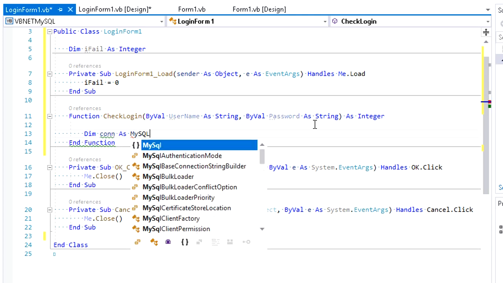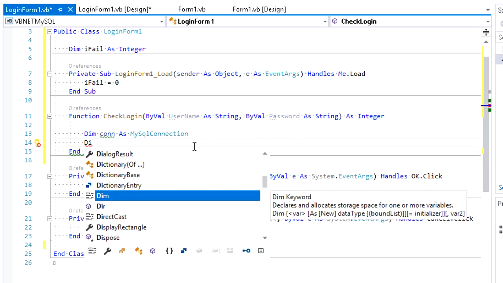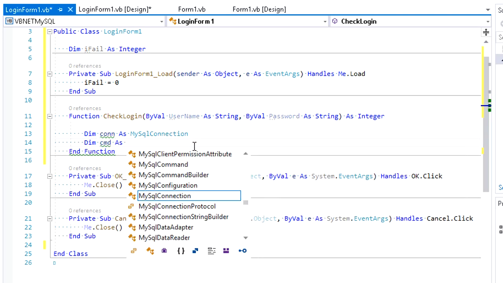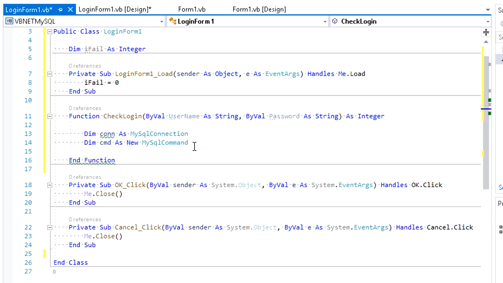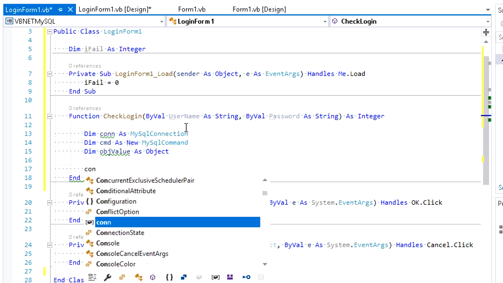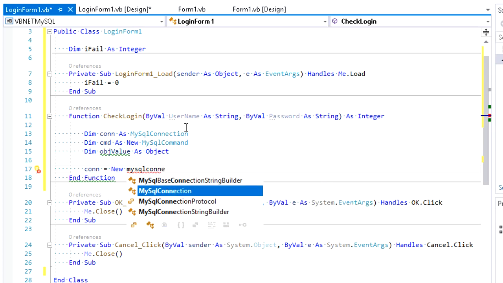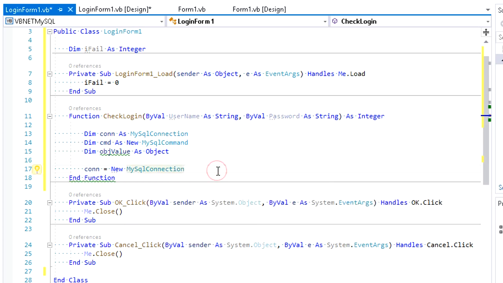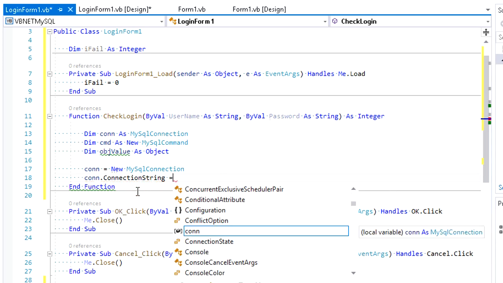Declare a MySQL connection variable named con, cmd as MySqlCommand, and objValue as an object to keep the ExecuteScalar result. ExecuteScalar is usually used for SQL queries that return a single object. Set con as a new MySqlConnection, give it a connection string, and I'll just copy paste it from Form1.